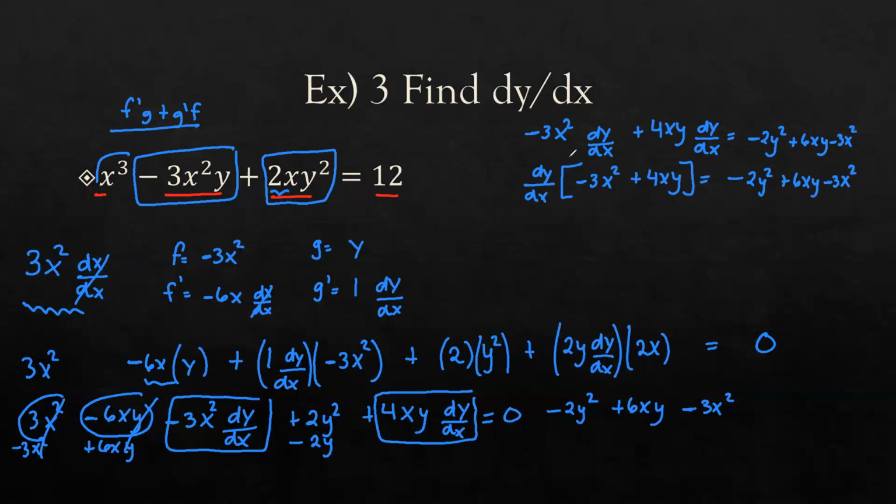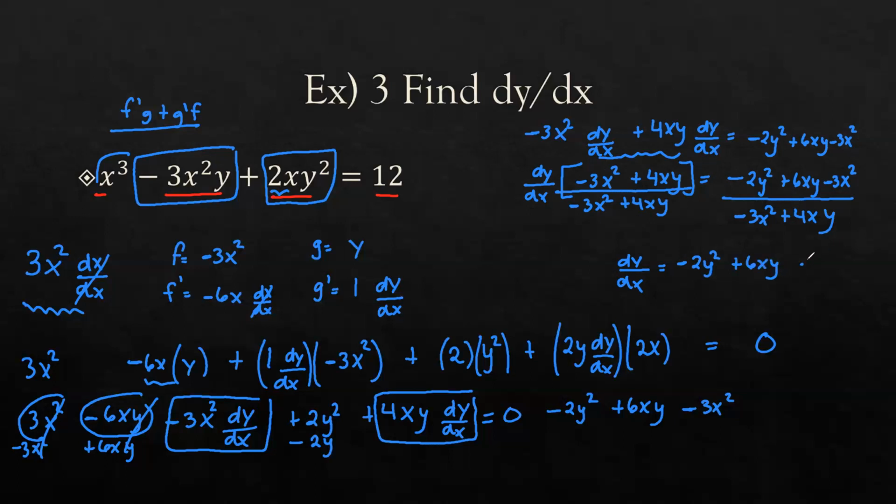Okay, to solve for dy/dx, you have to get rid of this whole thing. So to do so, you're going to divide both sides by negative 3x squared plus 4xy. So you get dy/dx equals negative 2y squared plus 6xy